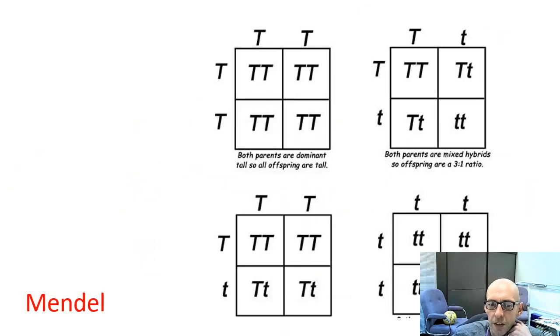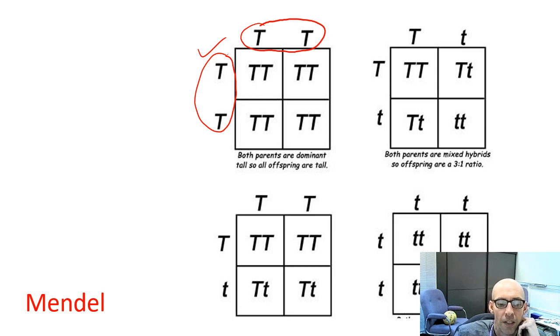Here's the different possible examples. This one's really obvious. If this parent has the two dominant genes, the two capitals, and the other has two dominant too. This one is from one of Mendel's first experiments, we'll come back to him in a minute. With the pea plants, he used capital T for tall, and you have to use the same letter so it makes sense, and he used a small t for dwarf pea plants.